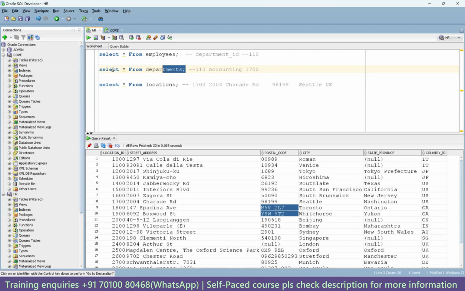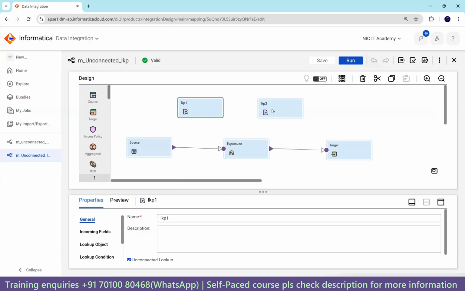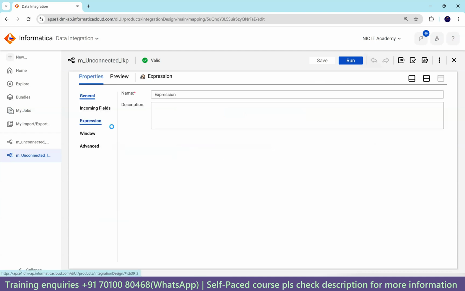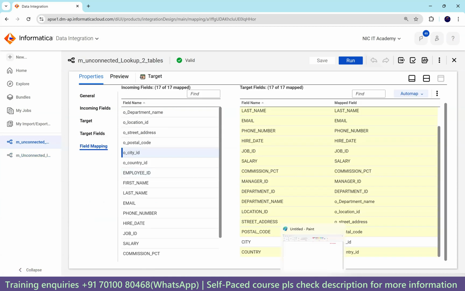In order to take these two columns from the department ID by using unconnected lookup, we have used two lookup transformations. By using expression, we have created a formula. So this way, colon LKP1 department ID we are passing, we are returning department name. Similarly, for another lookup table, we have retrieved location ID. Similarly, for this table, for example,